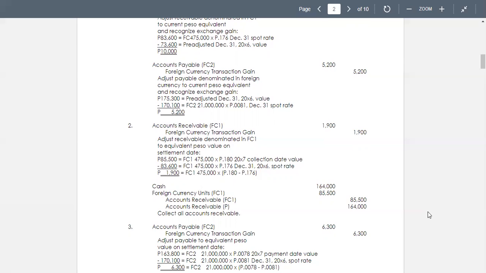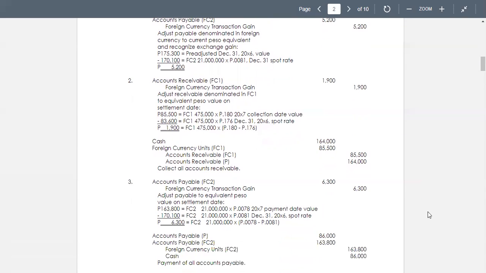That's the December 31, 20x6 spot rate, and we have the foreign currency transaction gain of 6,300. So finally, we debit accounts payable P 86,000 with debit to accounts payable FC2